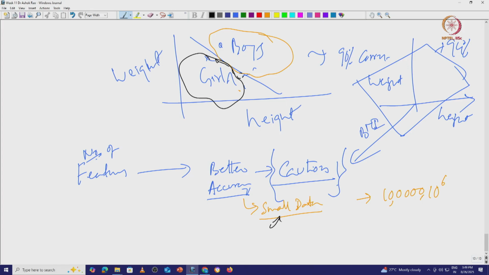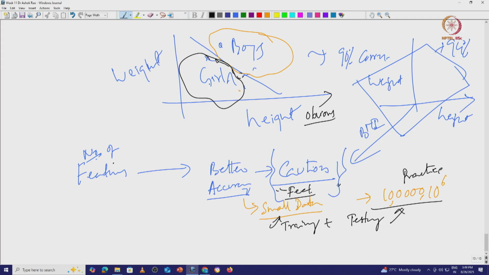So, this working on small data is actually called training. Okay. Plus testing you do, I will come to that exact breakup of training and testing. Please remember, this is practice. This is just a feel for the problem, that a feature like height can be used, it cannot be used alone, you need a second, third feature. The height being the first feature which is most obvious, whereas weight and BMI both have to be measured.